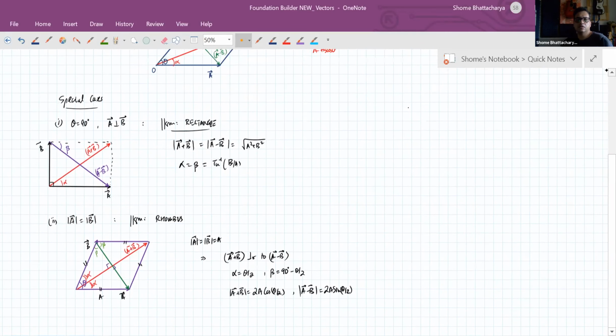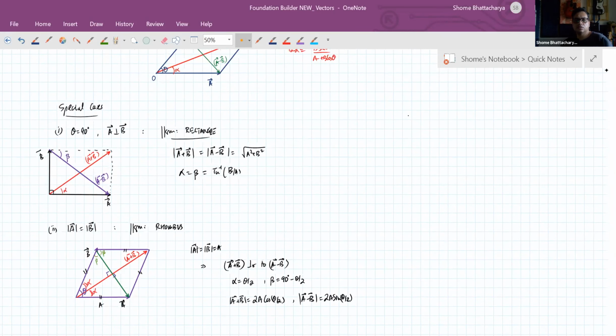So this you have written down yesterday and we've seen, but just as a recap. So if you overlap the case of the rectangle and the rhombus, you also have another case where both these properties are true. That magnitude of A is equal to magnitude of B, and along with that, theta is also equal to 90 degrees. So in that case, your parallelogram is the ultra special case of the square.